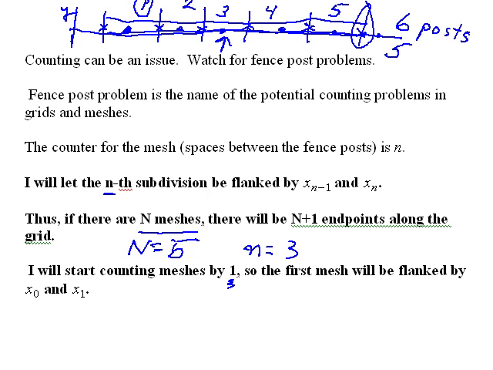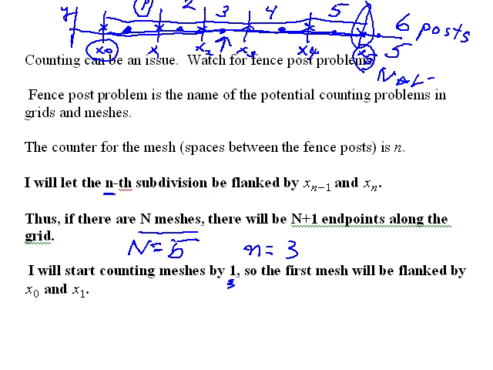But I'm going to flank it by x0 and x1. So now the values of x on the sides of mesh 2 are x1 and x2. It just keeps going like this. This is x3. Mesh 4 lies between x3 and x4. Mesh 5 lies between x4 and x5. So I start the counter for the x's at 0 and go to N. That gives me capital N plus 1